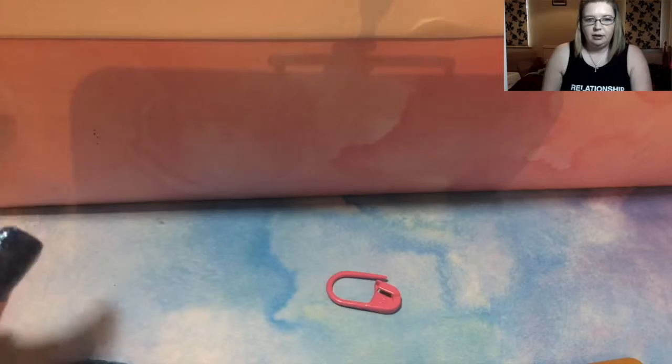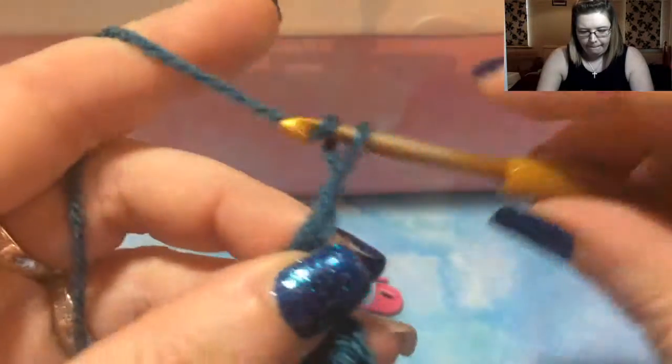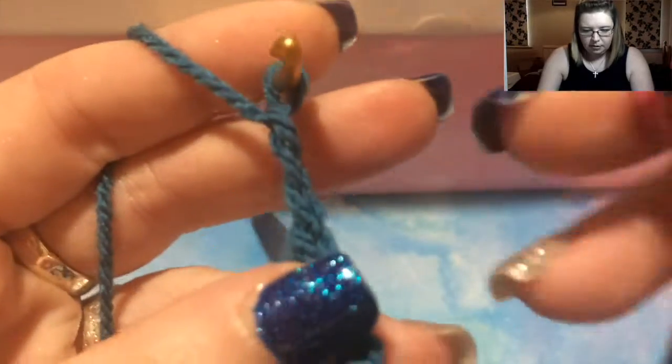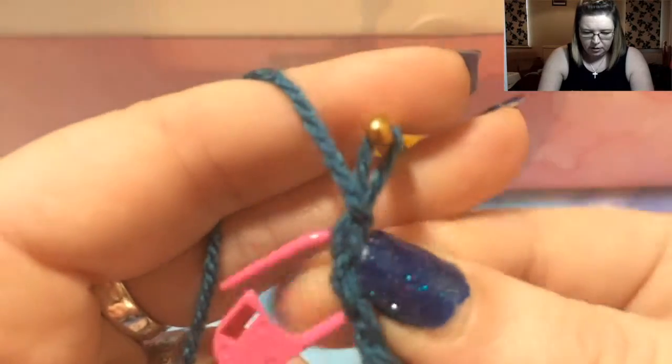Okay, so that's row 1. So now we're going to move on to row 2. And for this we are going to need our first stitch marker, and we are going to start by chaining 3, then put the stitch marker in that 3rd chain, turn the work, and then in between